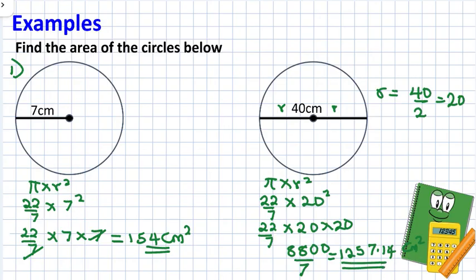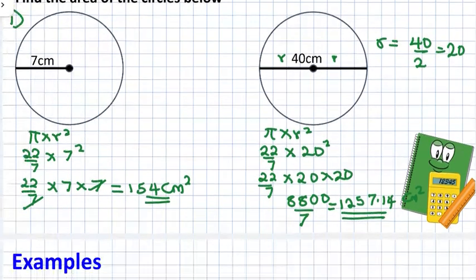So remember, anytime you're given a diameter, to get the radius which you would use in the formula, you need to divide the diameter by 2. So let's take a look at